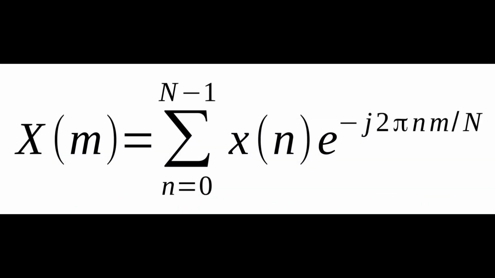Before I continue on, I want to be totally, absolutely, utterly clear here. The FFT algorithm does not implement this as all of those multiplications of x of n times the complex exponential, combined with all of those additions that we're talking about. If you do that, you're back to not the FFT, but the discrete Fourier transform, which is much more computationally intensive. It was actually because of this computational intensity that they came up with the FFT.